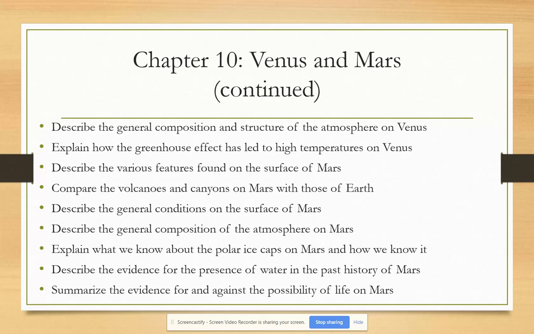How thick is its atmosphere? To rough numbers, it's 0.6% the atmospheric pressure of Earth. So it's a very thin atmosphere. If it was 100% oxygen, we'd still die, right? Because that's just not enough oxygen for us to live on. You have to look beyond just the percentage of the gas to say how much total is that. And we just couldn't breathe. We'd suffocate. We've already talked about the ice caps,